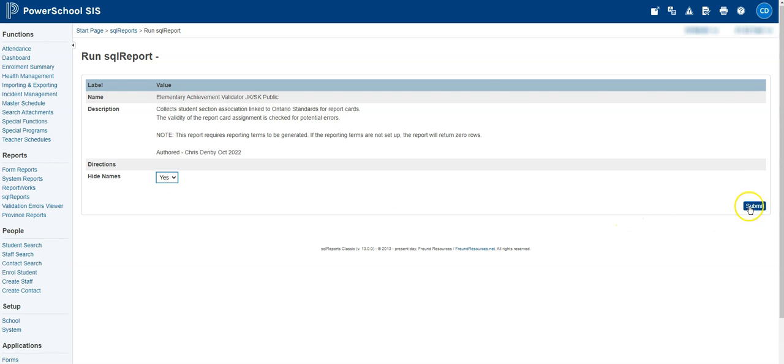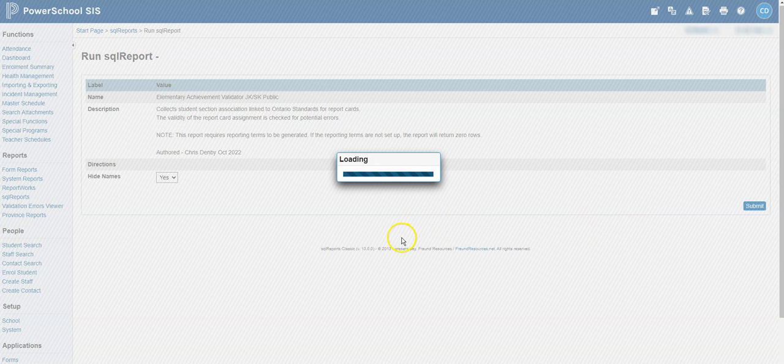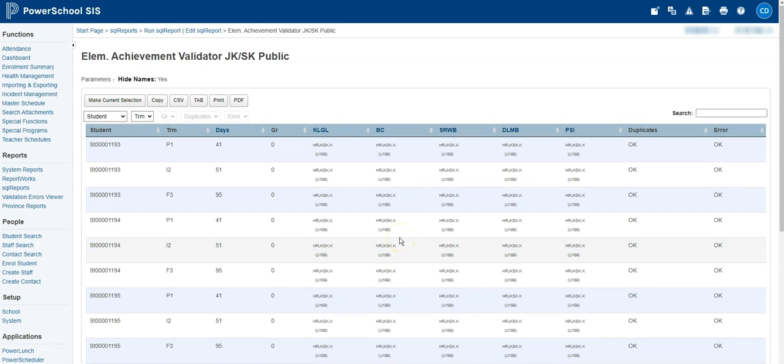And I'll hide the names. And so all we have is the key learning, belonging, contributing, self-regulation, literacy, math, and problem solving and innovating. Now you'll see that on the progress report, or the initial observations, we have all of these assigned. And that's truly how it's working, because in PowerSchool, most people are set up so that these are assigned to the same class, and they're in that class from the start of the year to the end of the year. So they do have access to all of these